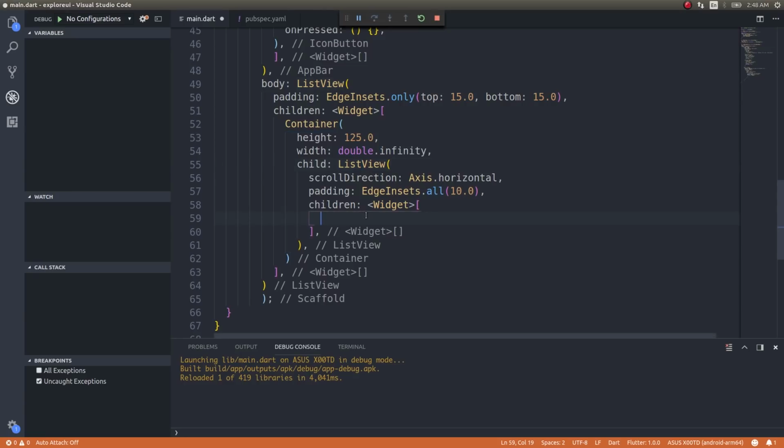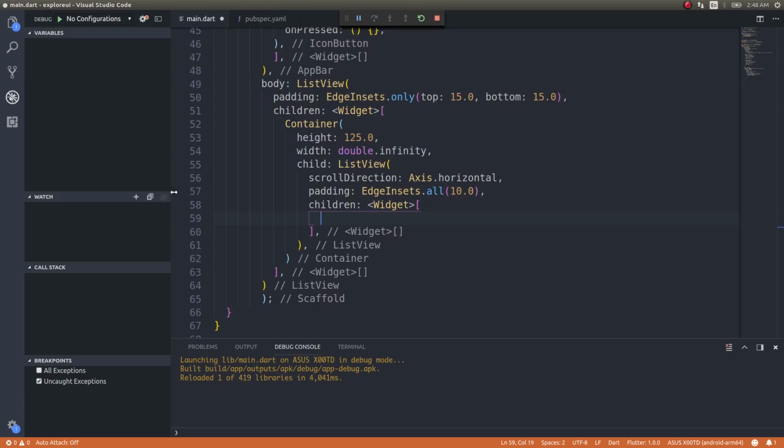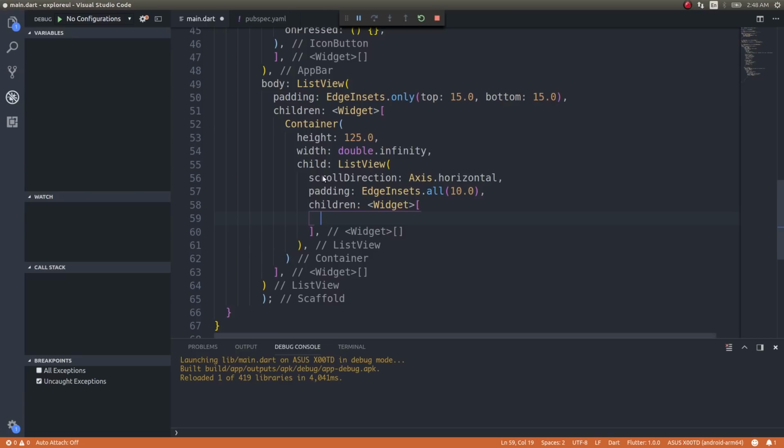And for the children, the first one is alone different, right? It just has a plus indicator in that. The next ones have an image, probably the profile picture of the user, and the name of the user below that as well. So let's go ahead and hard code the first one, and then for this we'll try to use a function. So container